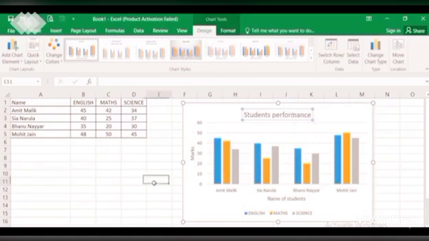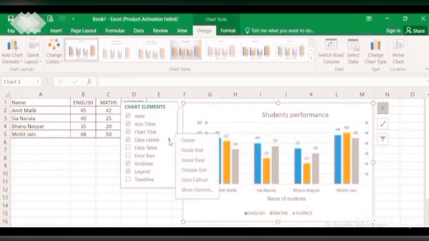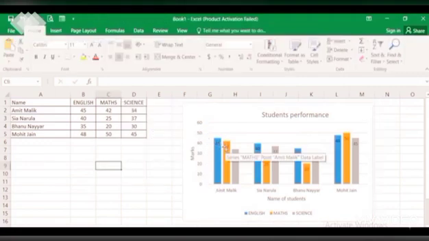Now after inserting the chart title, what is next? Let's see from here again. Data labels. Now you see already the data labels are there. When you click on this, the data labels are there. Now how do you want to place these data labels? In the center, inside end, inside base. These are the different options which are available. Even with the data callout you can place. Suppose I choose inside end. So it will be placed like this. Like you can see the data is there inside end.